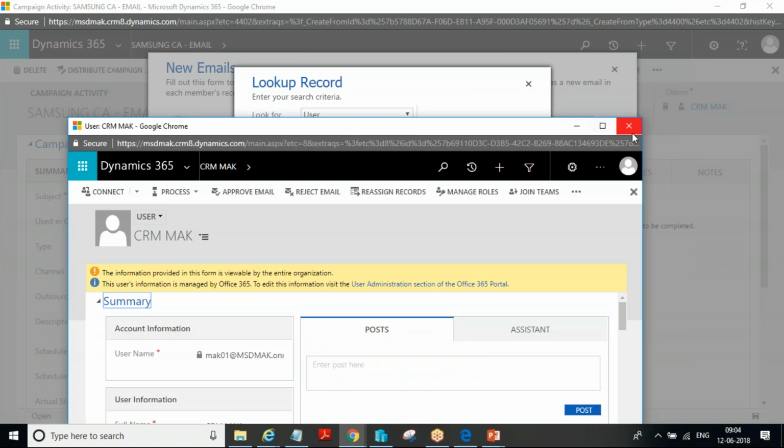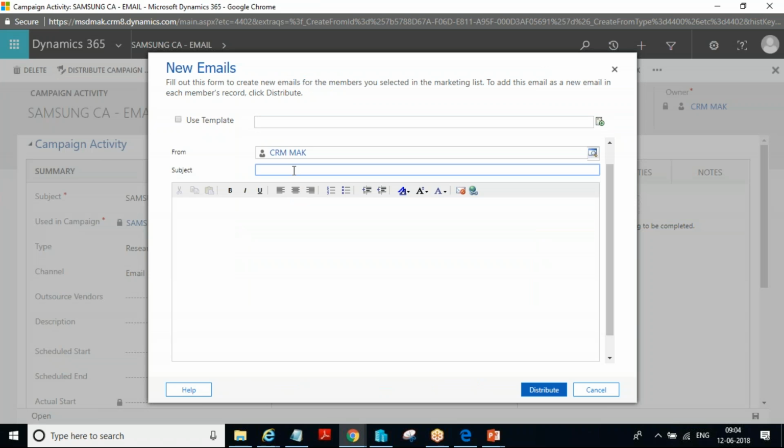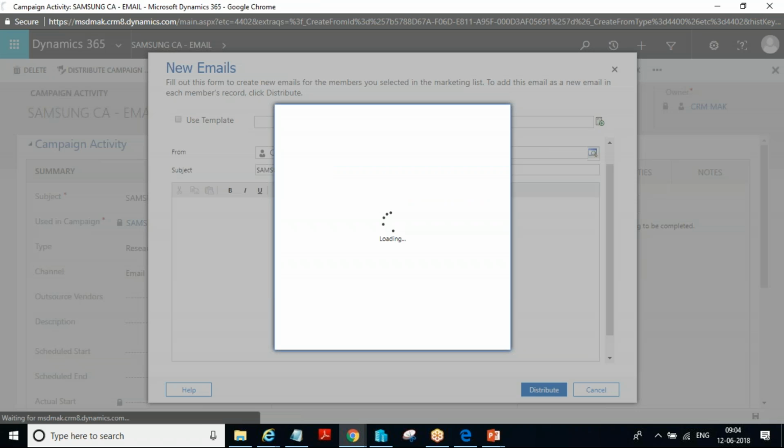Yeah, we have the primary email address. So I'm going to select this one, from address CRM Mac, Samsung campaign email activity S6. This is the email we are sending. And the moment you click on distribute, an email will be sent to all 50,000 customers at one shot.